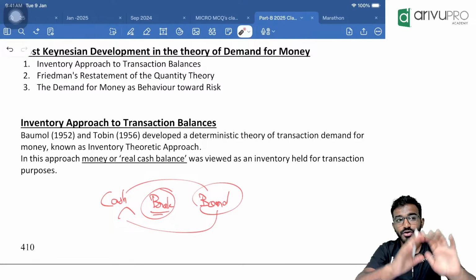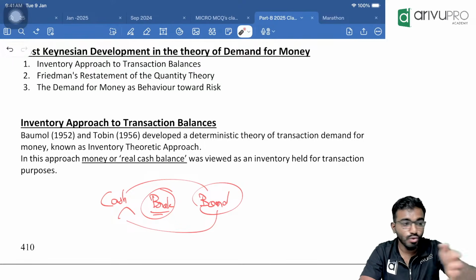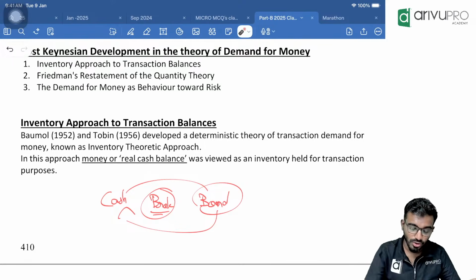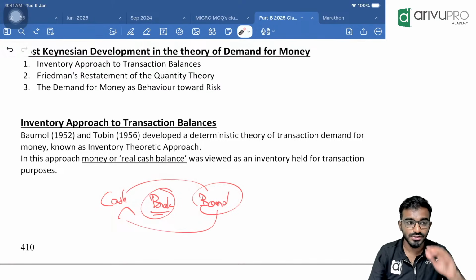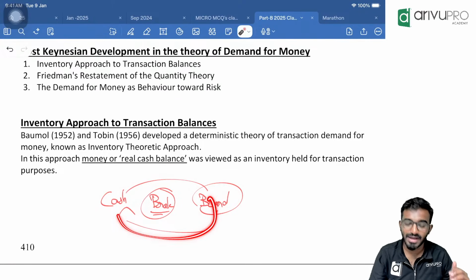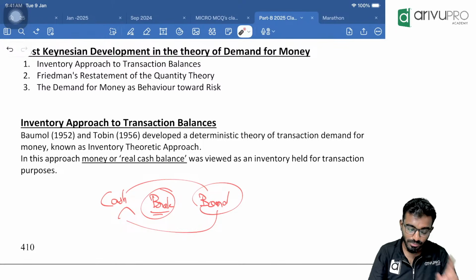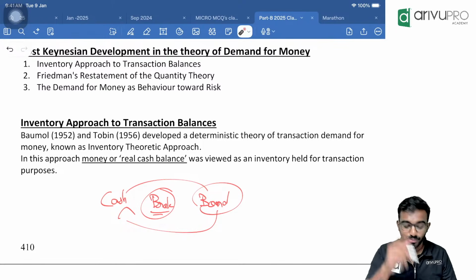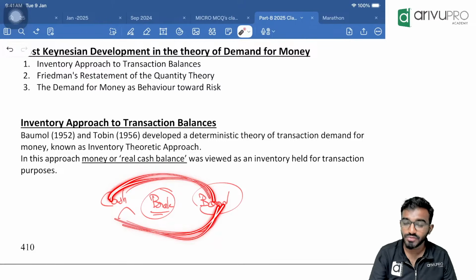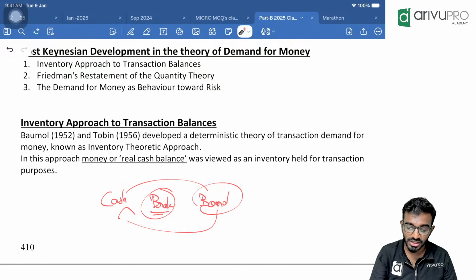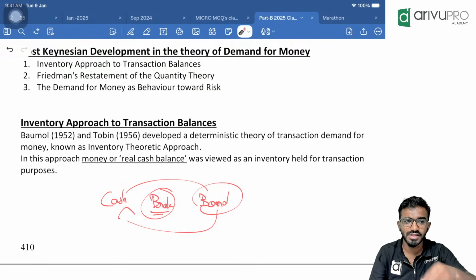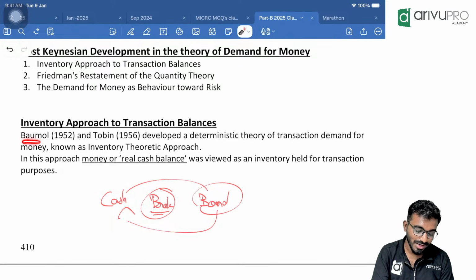Whatever is needed for your entire month, hold that sufficient money aside. Anything over and above that, convert into bond. And once you get better returns from the bond, convert back into cash. So you will pay brokerage charge only for one cycle. If you convert more number of times, you will end up paying more and more brokerage charges. Whatever money you earn in the bond market, most of it you will lose paying brokerage charge. Without doing that, if you simply keep money in your hand, you have an opportunity cost by holding money. That is what is explained by Baumol and Tobin.